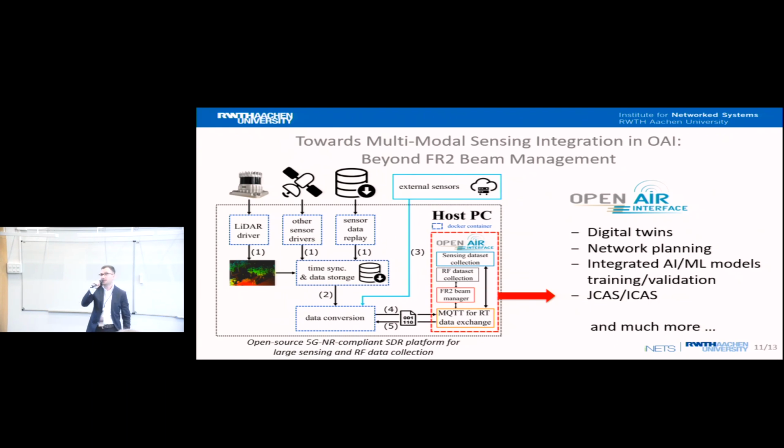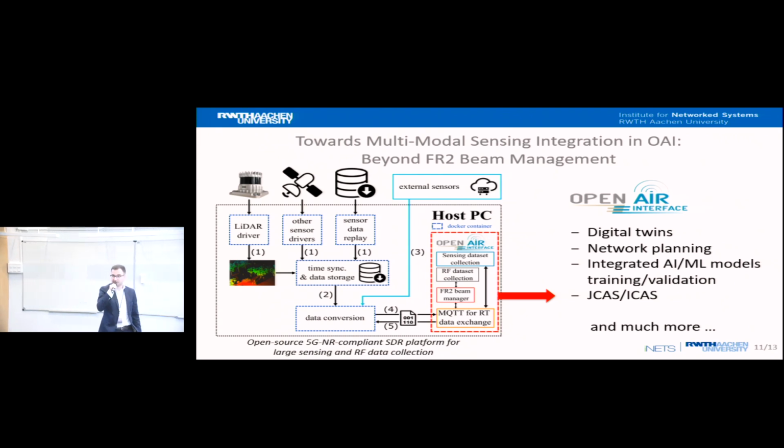So one of the use cases that we have is running detailed site-specific ray tracing simulations for millimeter wave, and there we are using LiDAR point cloud data from our own measurement site to get a detailed 3D map. Then we feed this detailed 3D map into our ray tracer, which gives you, of course, quite accurate modeling of the environment for your ray tracing simulation.